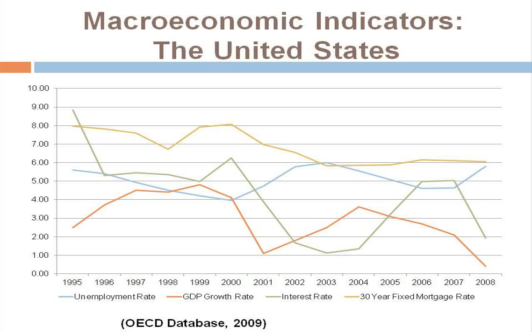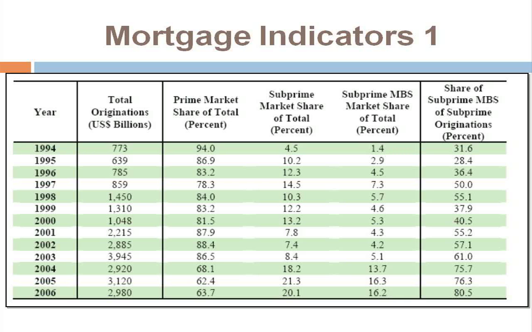And another indicator is the unemployment rate. As you can see, this is declining until 2006-07. The next thing I would like to show you is the amount of mortgage originations, which steadily increased to almost